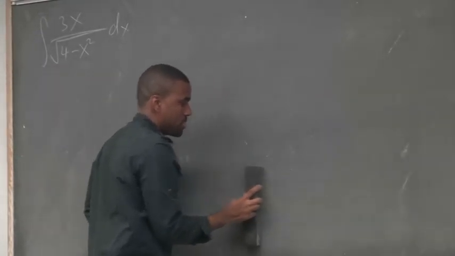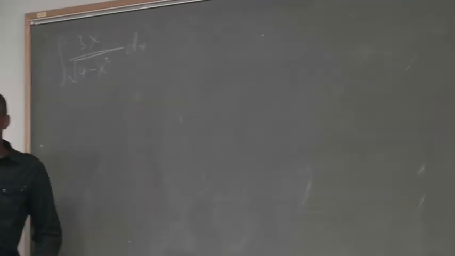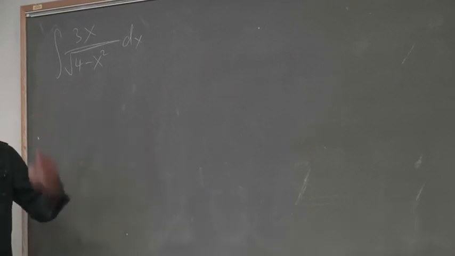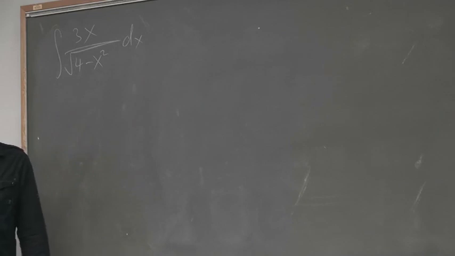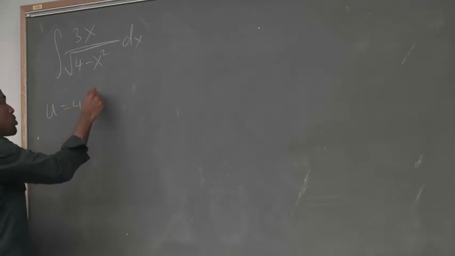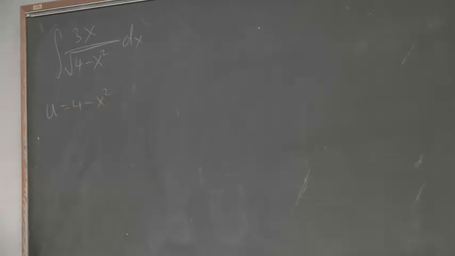I mean, there's a hierarchy of things. You try to do one of the basic rules. If that doesn't work, try substitution. If that doesn't work, try integration by parts. In general, u substitution is easier than trig substitution. You wouldn't want to do that. So you'd let u equal 4 minus x squared. Or better yet, you can actually let u squared equal 4 minus x squared.